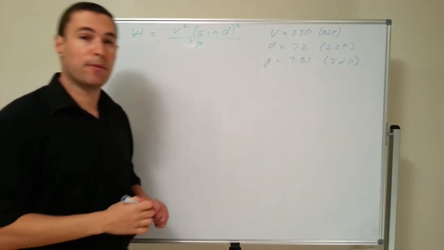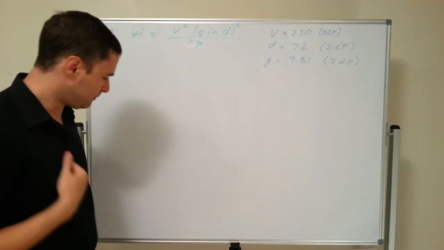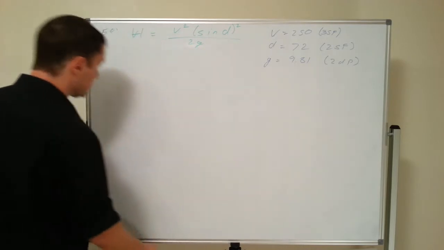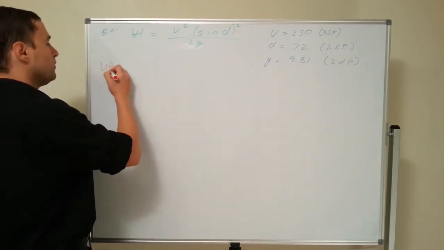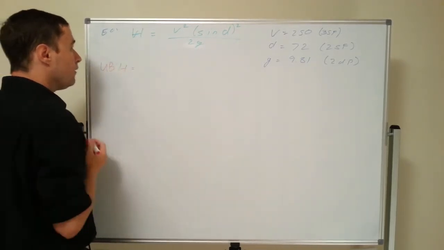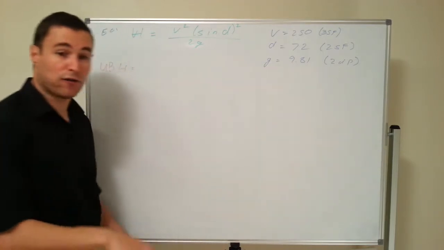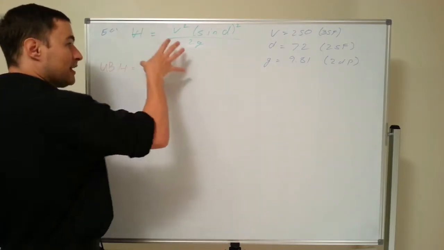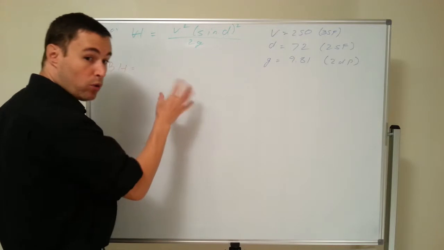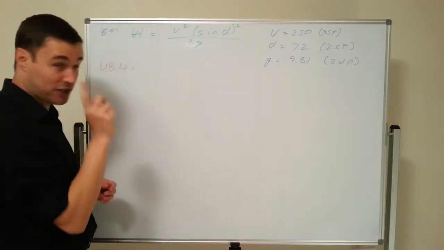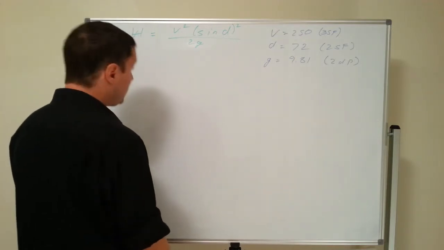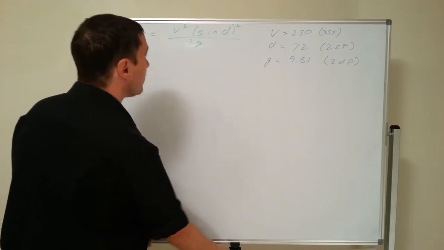And they say, what is the upper bound of this? Okay, right, so what is the upper bound of h? Well, for upper bound, I need the biggest number on top divided by the smallest number at the bottom to make the upper bound of a fraction. So I need now the upper bound of v,